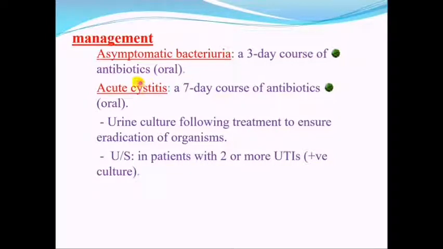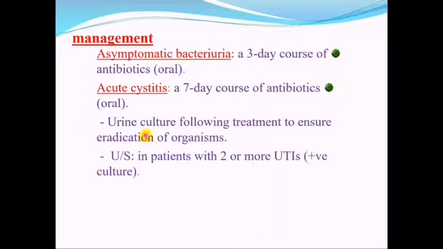While in case of acute cystitis, we have to keep the patient on 1 week of treatment with an oral antibiotic. In this patient, urine culture following treatment is mandatory in order to ensure complete eradication of the organism,